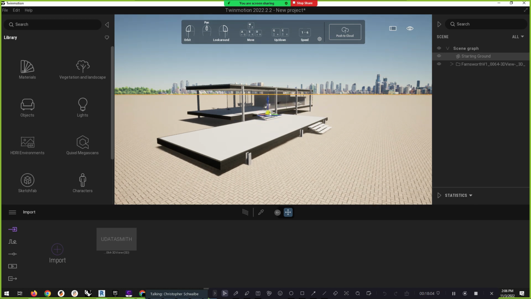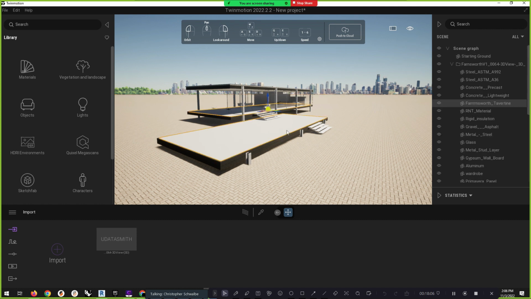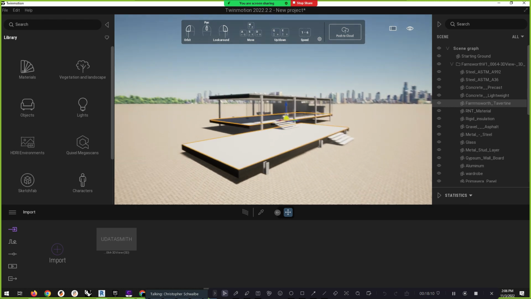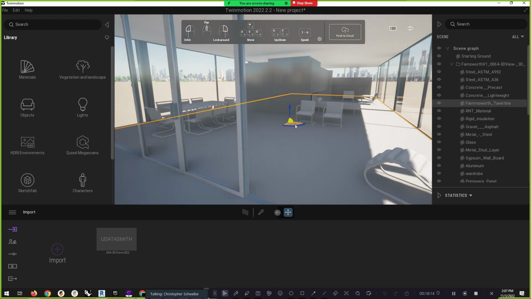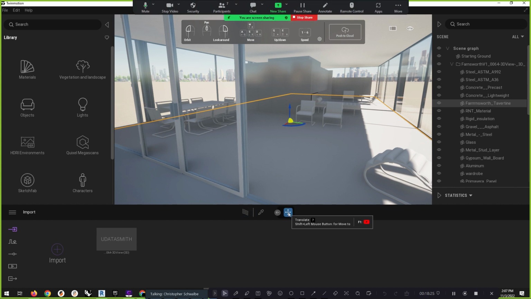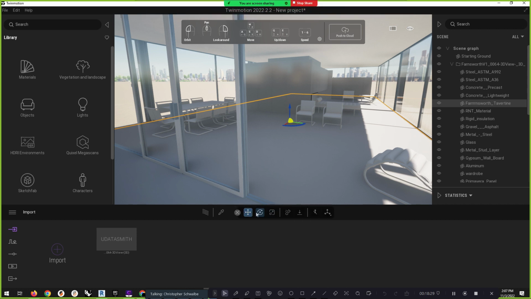We can see when I click on an object, I get this little widget here that is similar to the gumball in Rhino. But there's a couple of other behaviors we can get out of it. If we come down to this little toolbar at the bottom of the main viewing window and hit this arrow to expand it out, then I can say I either want to move things around,